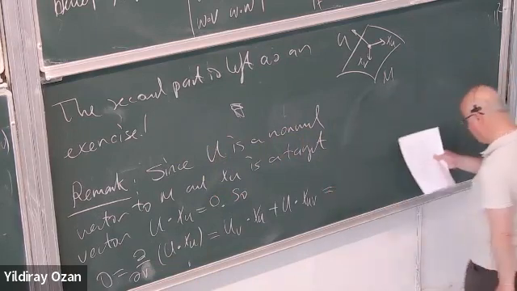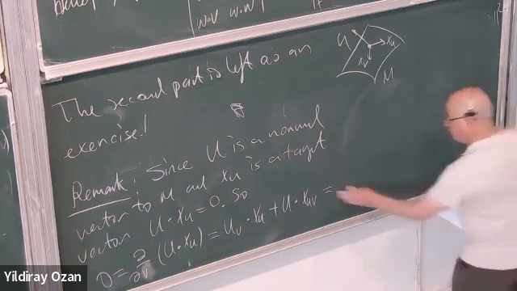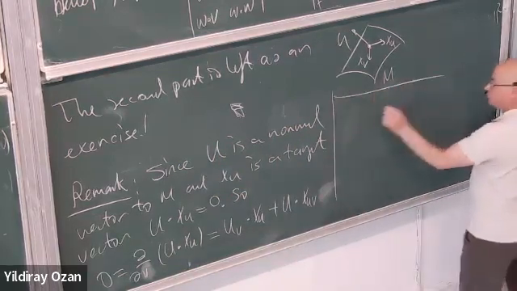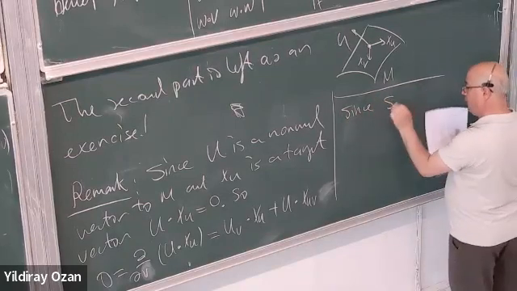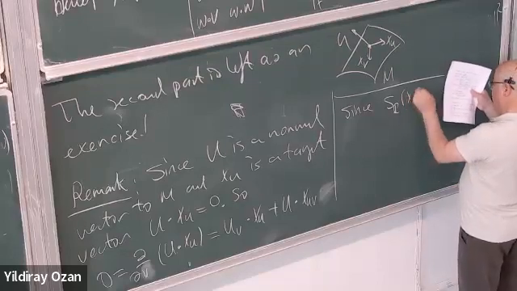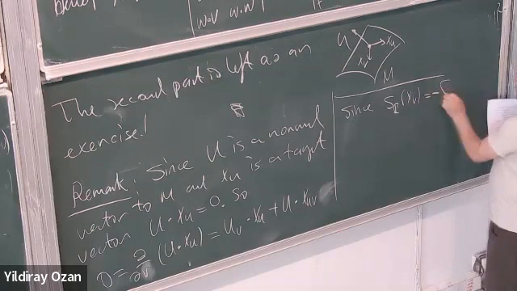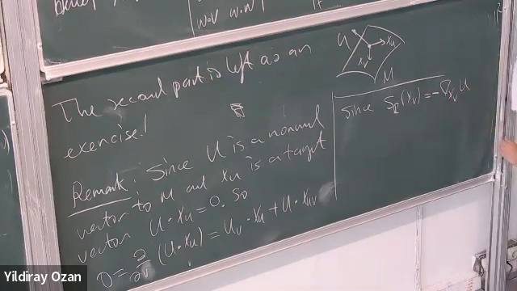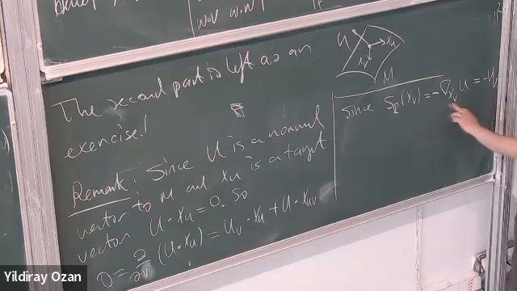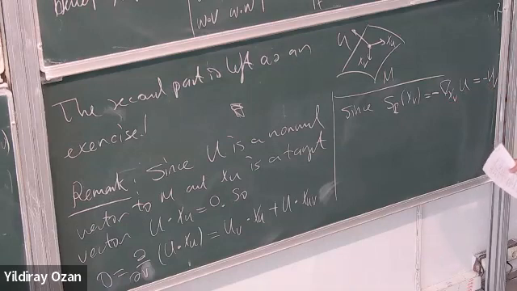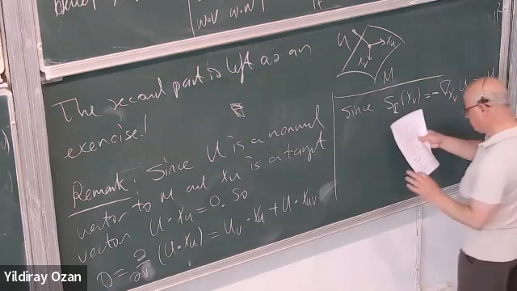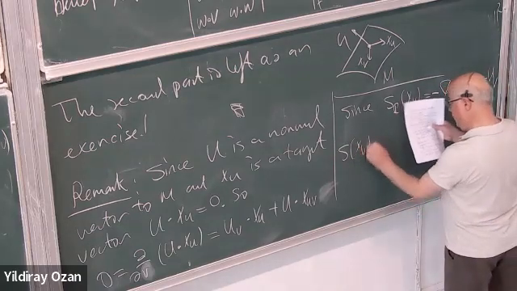What is this expression? Since S of x sub v is minus the derivative of u along the vector x sub v, which is just u sub v. So we get S of x sub v is